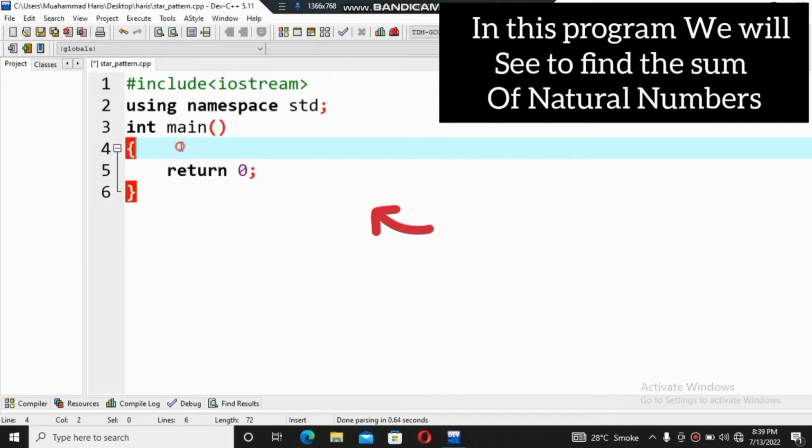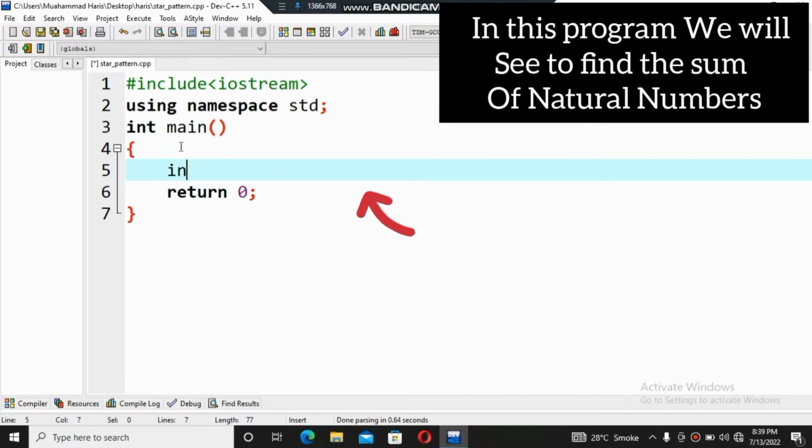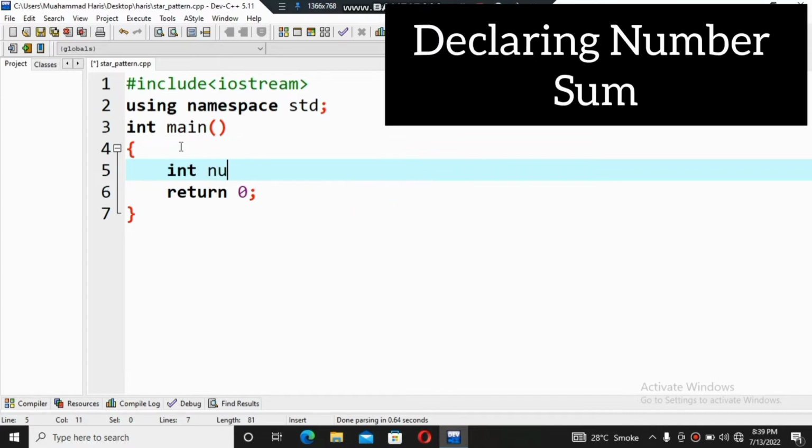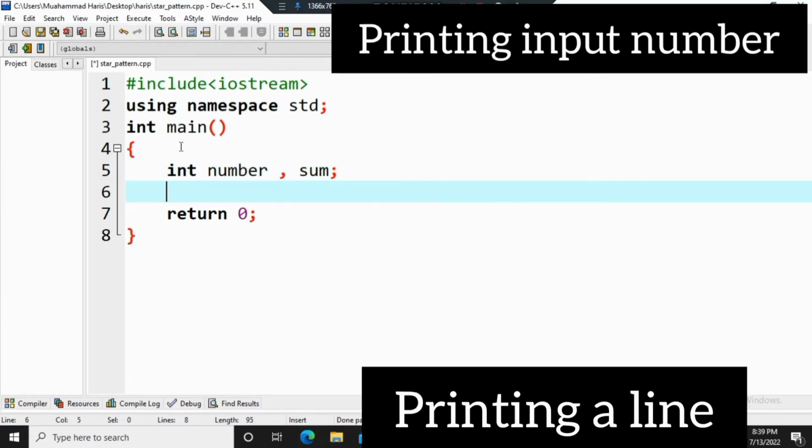Welcome back. In this video we will see how to find the sum of natural numbers. So I am declaring int number and sum, because I have to use this number and sum in my program. The next step is printing the input prompt, so I am using cout, "Enter your